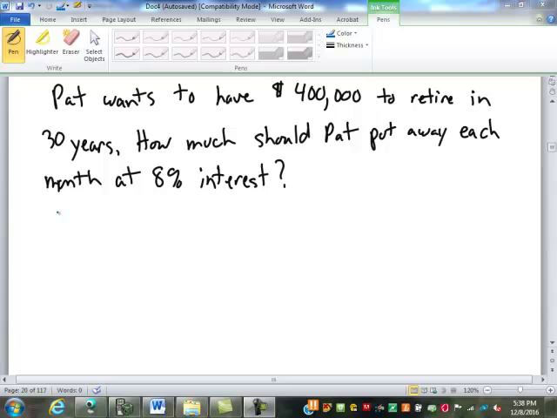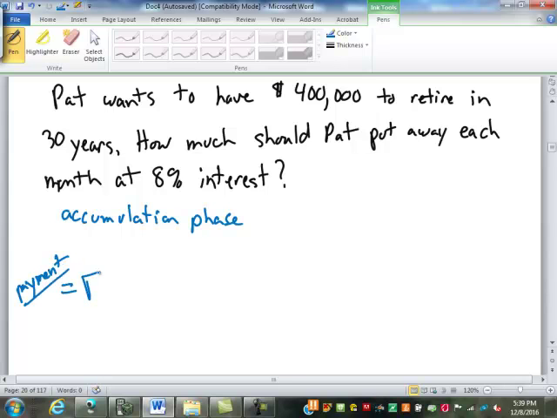So this one is an accumulation phase, because we're putting money in to reach a goal. But here, instead of being told what our monthly payment is, we're told what the lump sum is we want to have at the end. We're told the future value. So to figure out our payment from that future value, it is equal to the future value divided by,